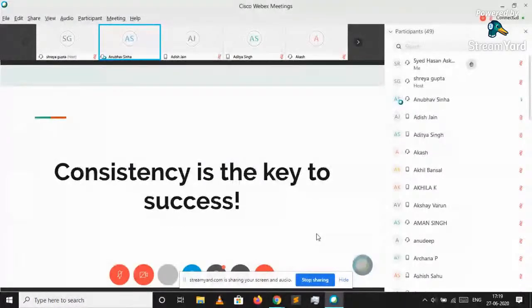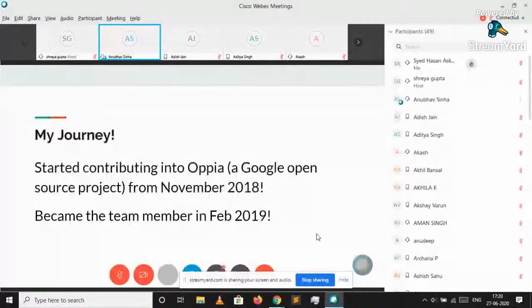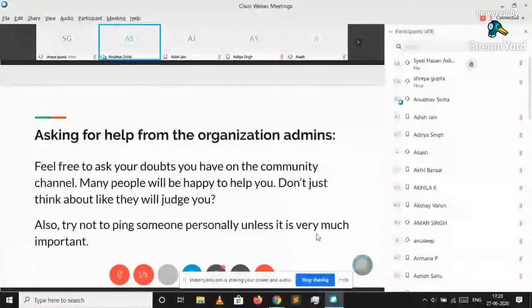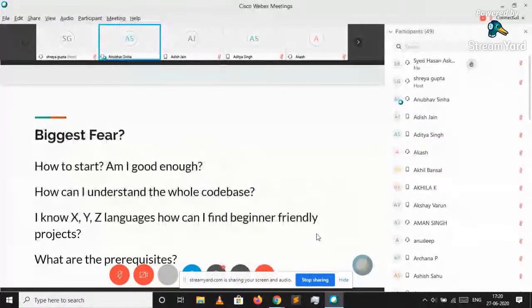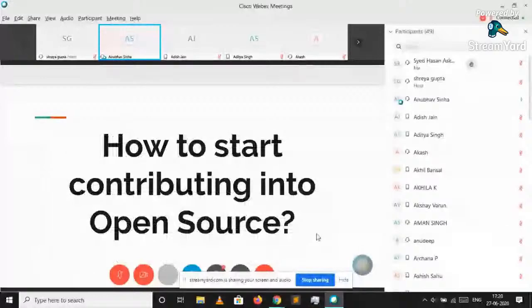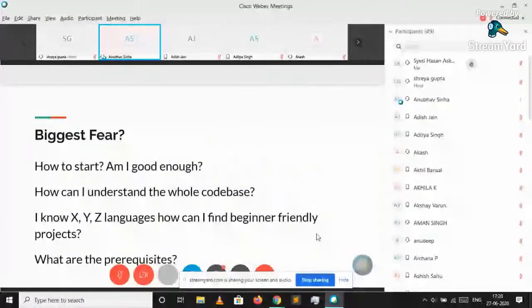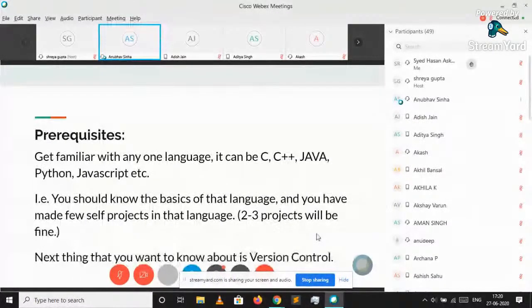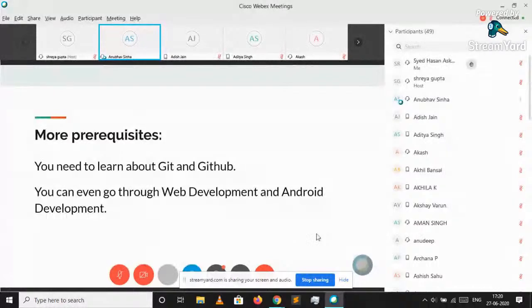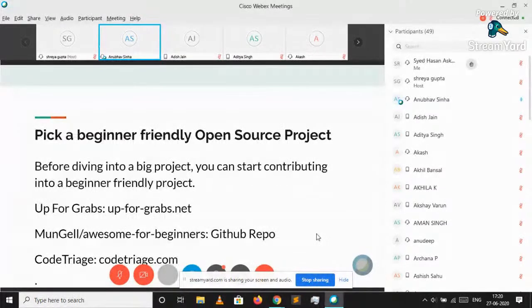Okay. So I will go through this once again. First of all, what are the prerequisites? You need to learn a language and version control. Next, you can learn any domain, that is web development, network development, or even machine learning. And next is to pick a beginner friendly project. These are the websites you can see. And the next is